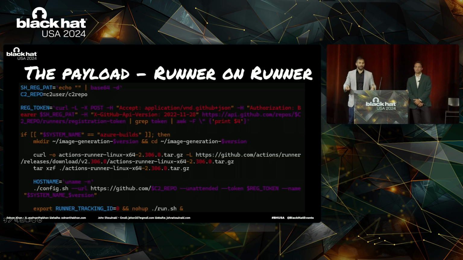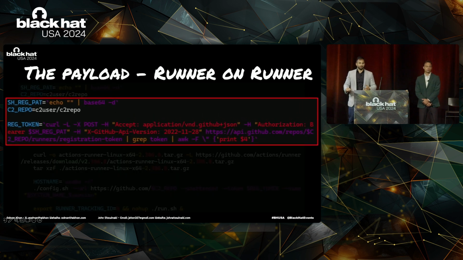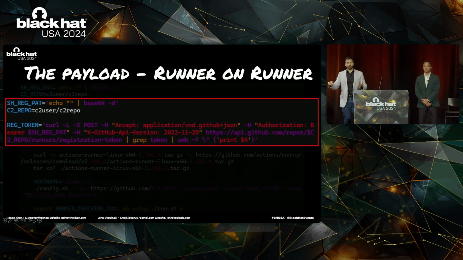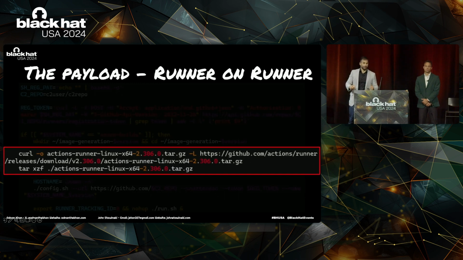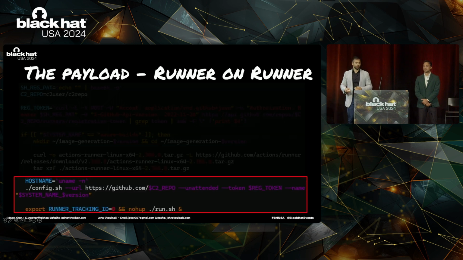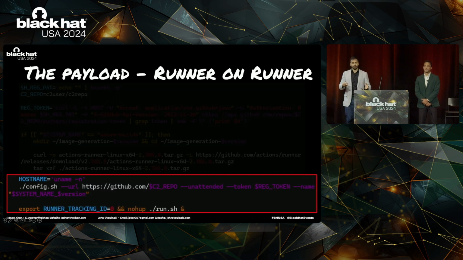It's a bash script that installs a runner on runner. So the first thing it does is it decodes a hard-coded access token, which it uses to pull down a self-hosted runner registration token. Next, it downloads the actions runner binary from GitHub and extracts it. Finally, it configures it to connect to a command and control repository and then runs it.